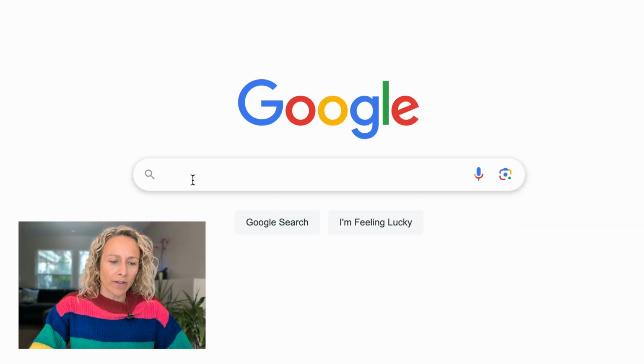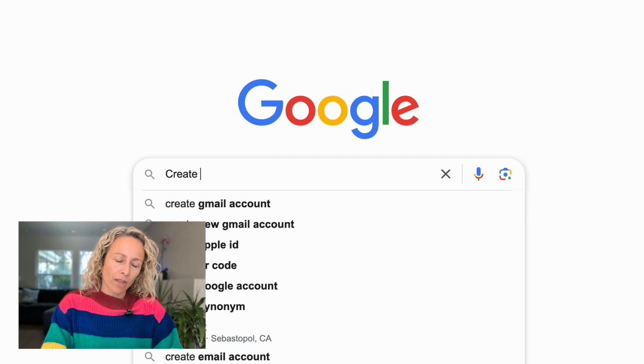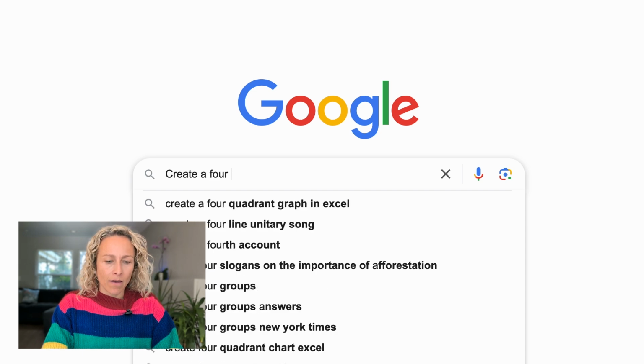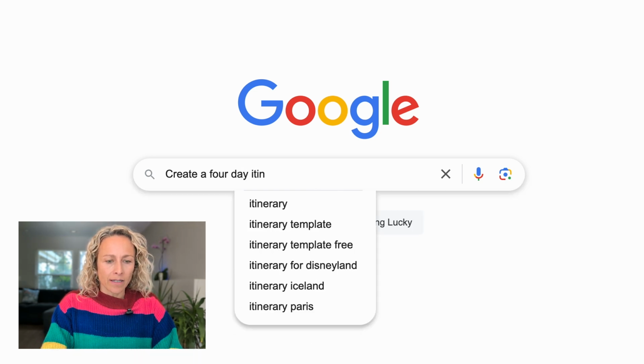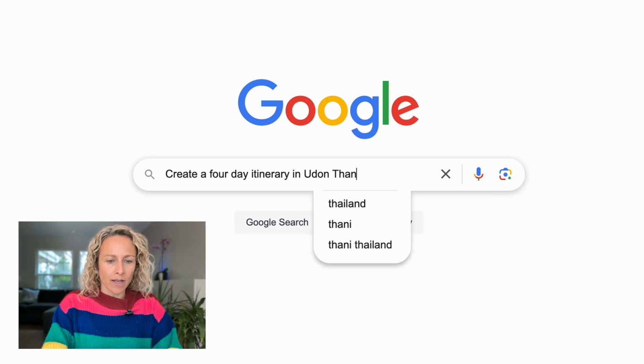Let's check out how AI Overview can help you plan your next trip. First, you're going to navigate to the Google search window. Now I'm going to type in the search menu bar for it to create an itinerary for me. Create a 4-day itinerary in Udon Thani,